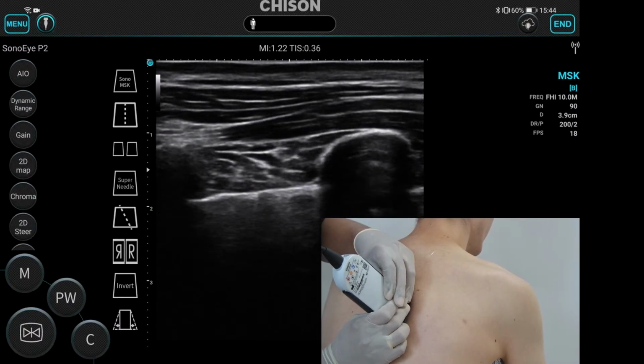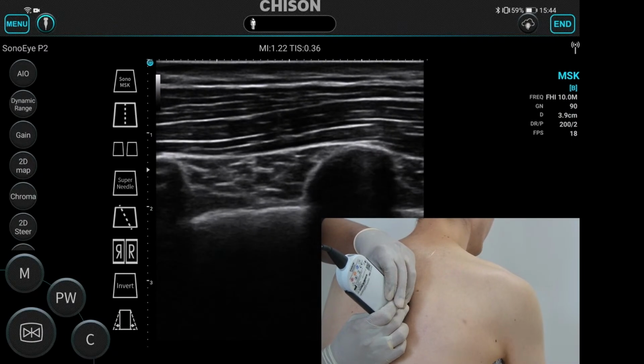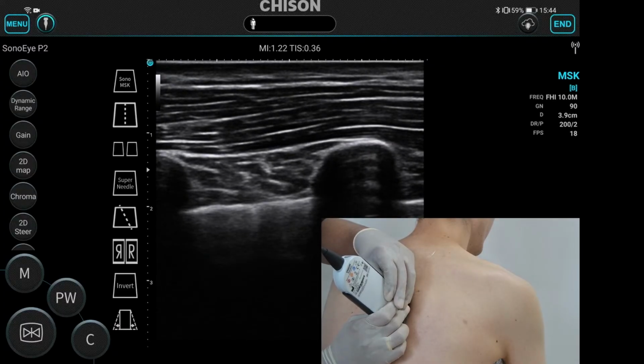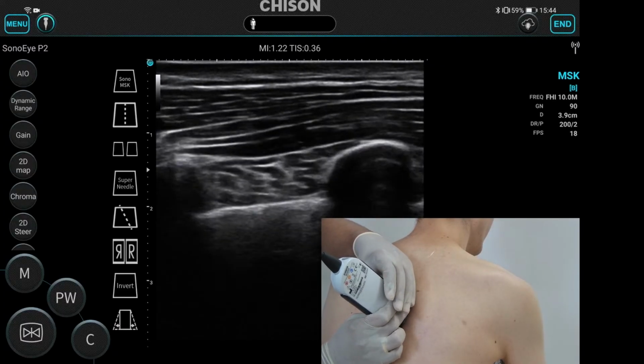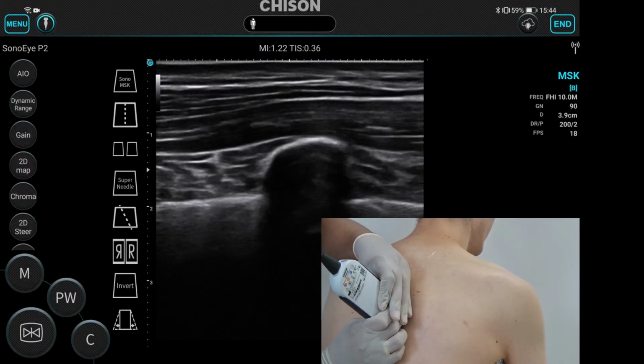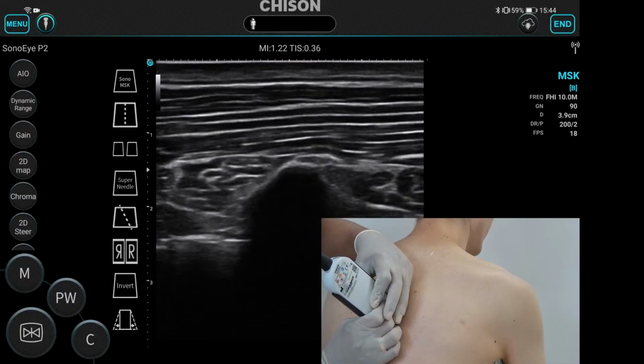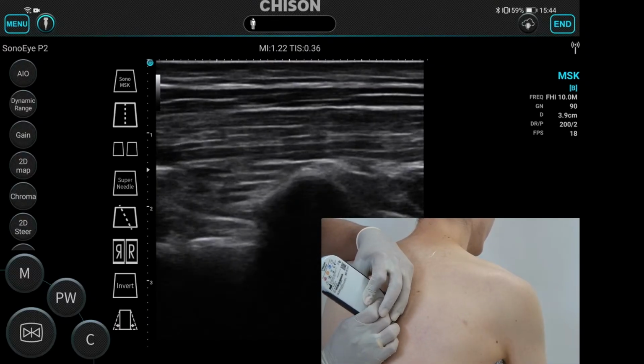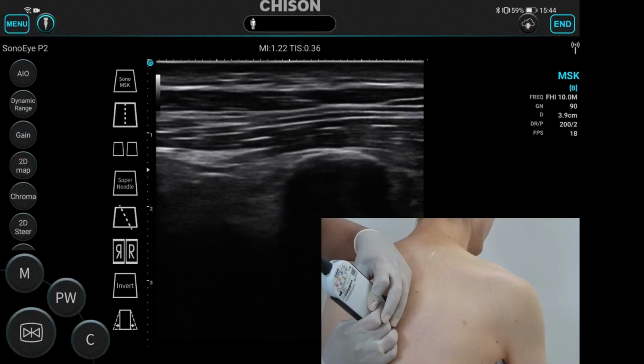So now if I move, also focus on the formation of this bony shadow. So right now this is ribs. If I move in, it will go a little flat, which means we are at a level of